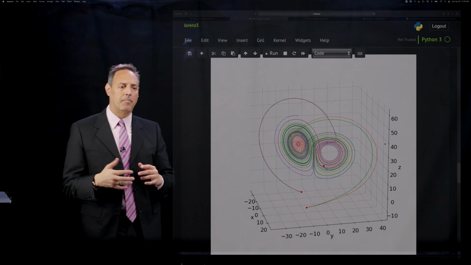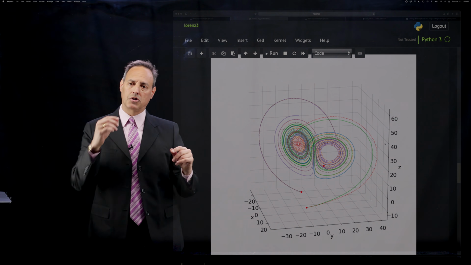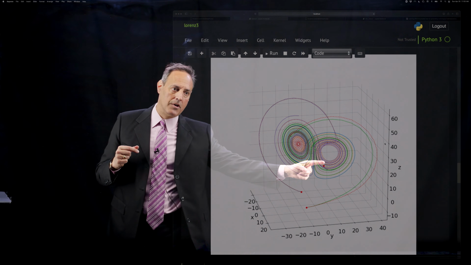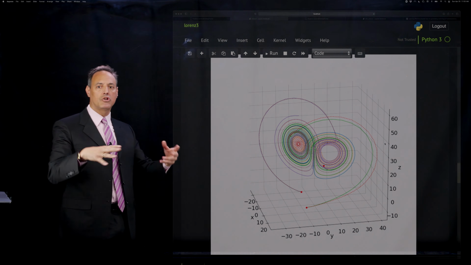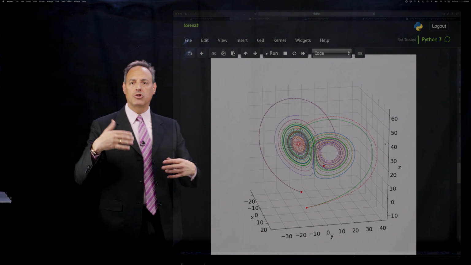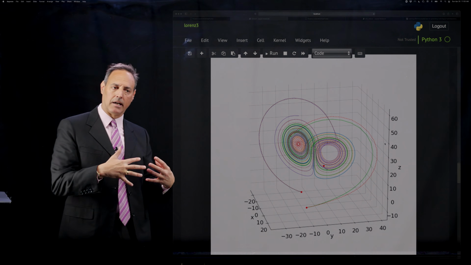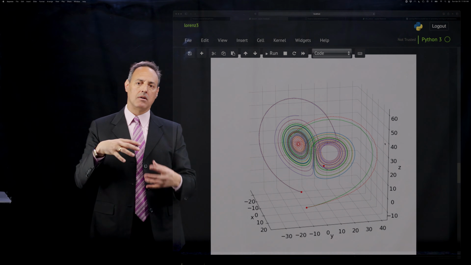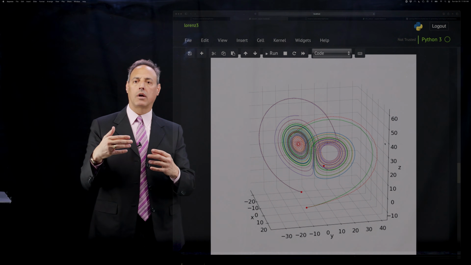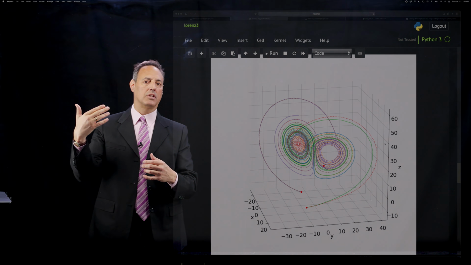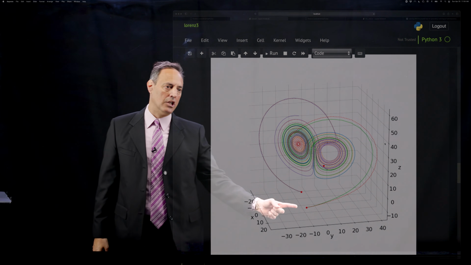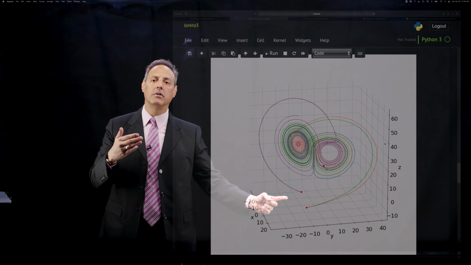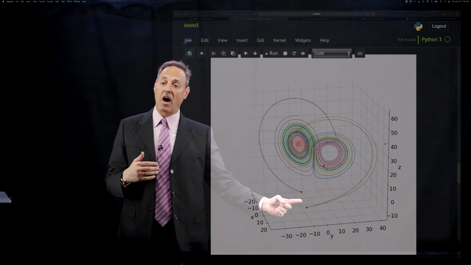This is a very simple architecture, and what you're seeing now are 3 red balls. There's 1 right there, there's a second, and there's a third. These are 3 new initial conditions that were not in the training data. So this is my test data. I asked the question, if I run this, how well does my trained neural network model work in relationship to just using a standard time stepper? That's what you're seeing here, the dotted lines and the solid lines. The solid lines are the ODE45 or the numerical integration, something like Runge-Kutta,